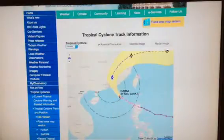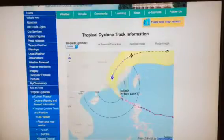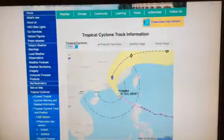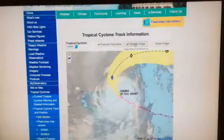Winds at the center, and you can see here that it's not making much movement poleward or north, obviously. Where it becomes interesting is when you have a look at the satellite image, and you can see